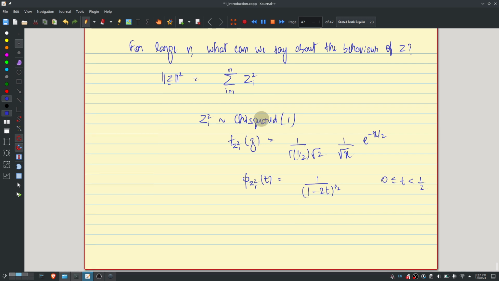In fact, I'd prefer to use this particular tail bound because it also allows us to generalize what we've already seen. If you can say something about one random variable for n random variables, it's a simple enough bound that we can derive, right? So what is the expected true norm square?